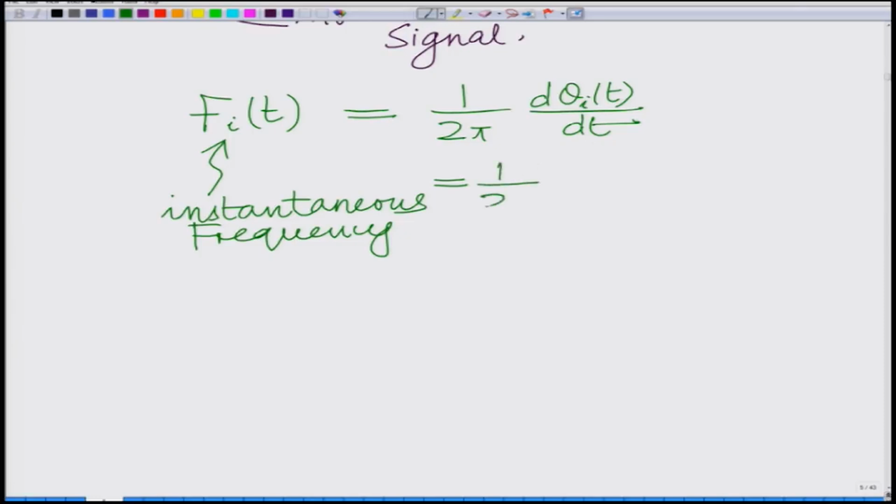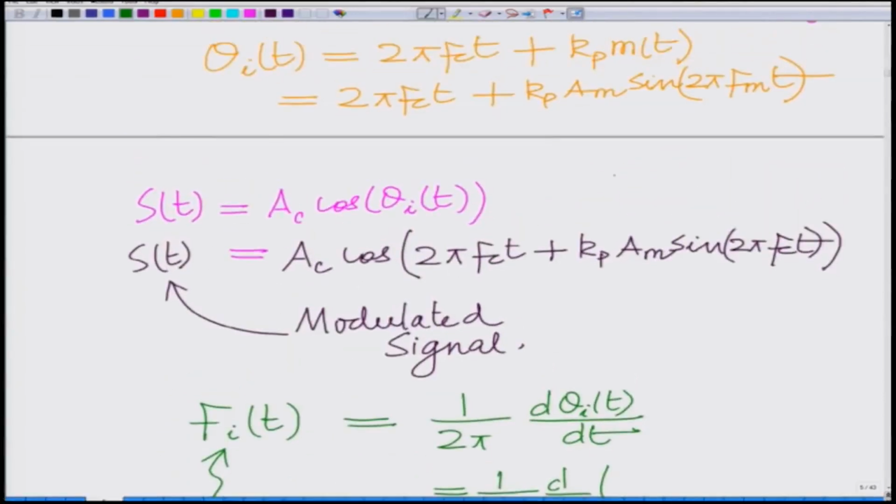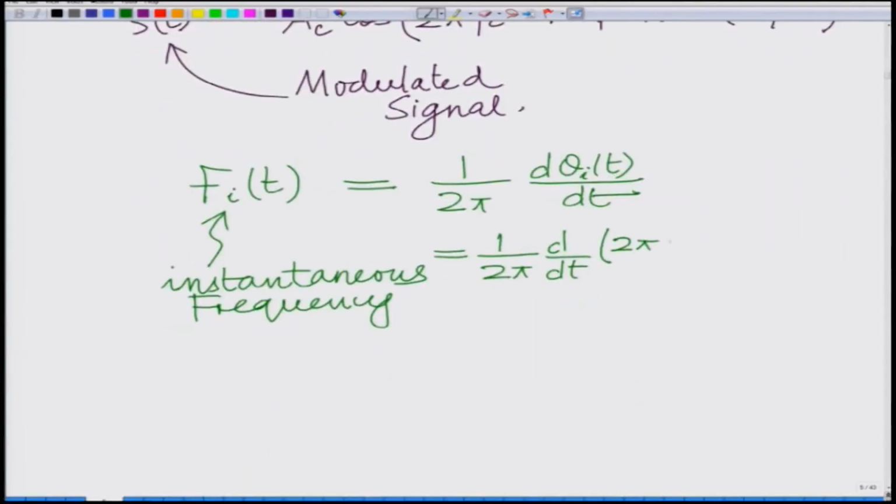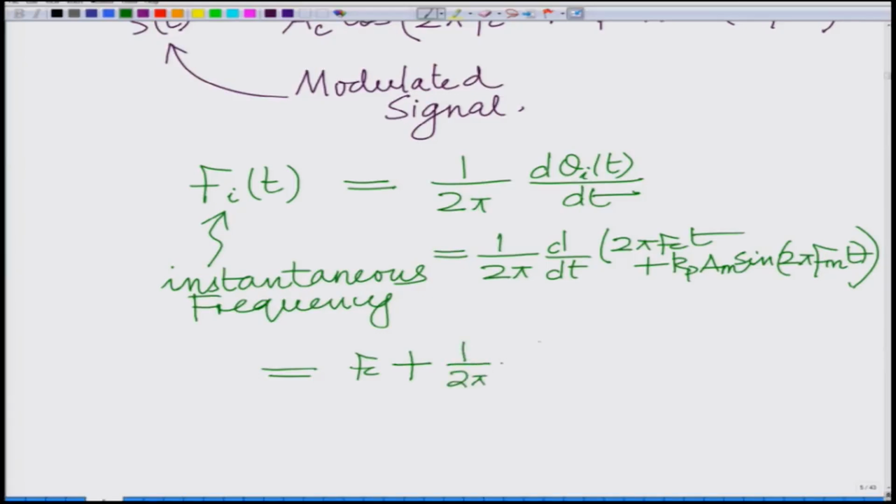plus 1 over 2 pi. Let us write the expression for d over dt of theta_i(t), which, as we know, is 2 pi f_c t plus k_p A_m sin 2 pi f_m t. This is equal to f_c plus 1 over 2 pi times the derivative of k_p A_m sin 2 pi f_m t, which is k_p A_m into 2 pi f_m into the derivative of sin 2 pi f_m t, which is cosine